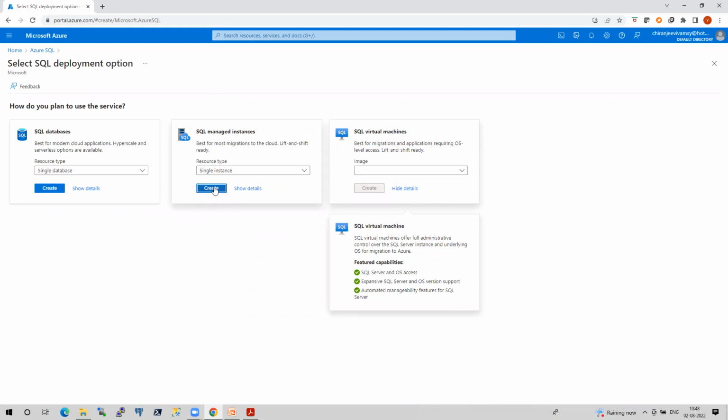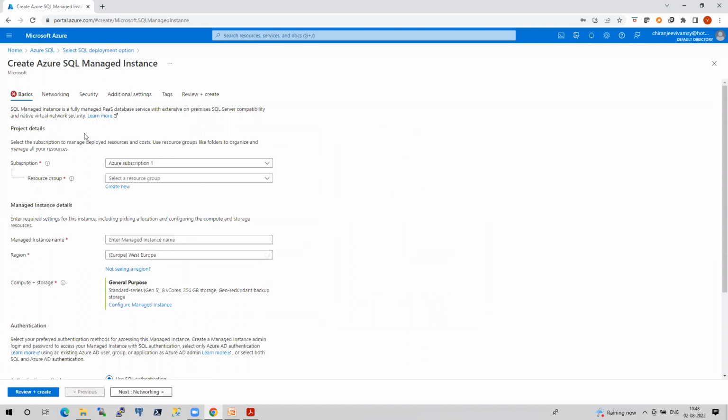So let's create the managed instance first. Let's click on create. Just like Azure SQL, it will ask for the resource group, the managed instance name, the region, the storage, everything. I will create one new resource group. From today onwards, I will make use of this resource group for managed instance. Azure MI. This is our resource group, and for the managed instance name, let's give this as Azure MI.